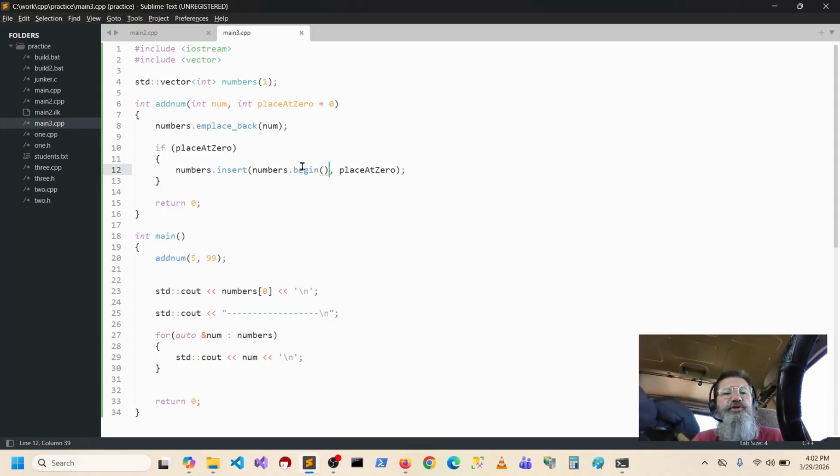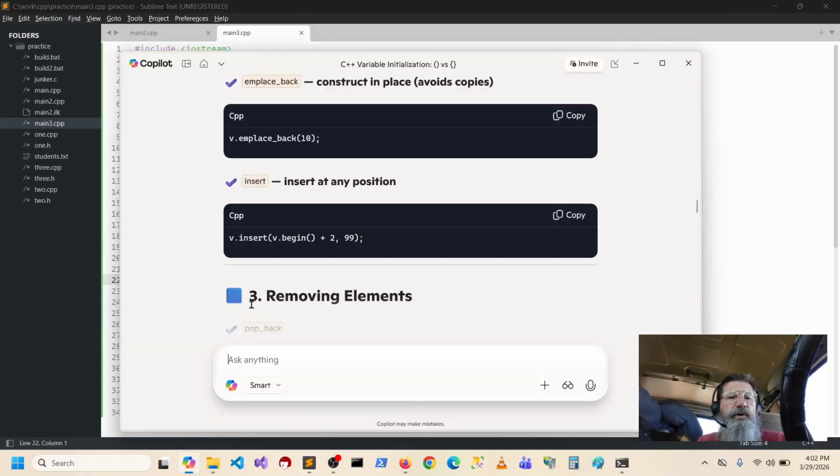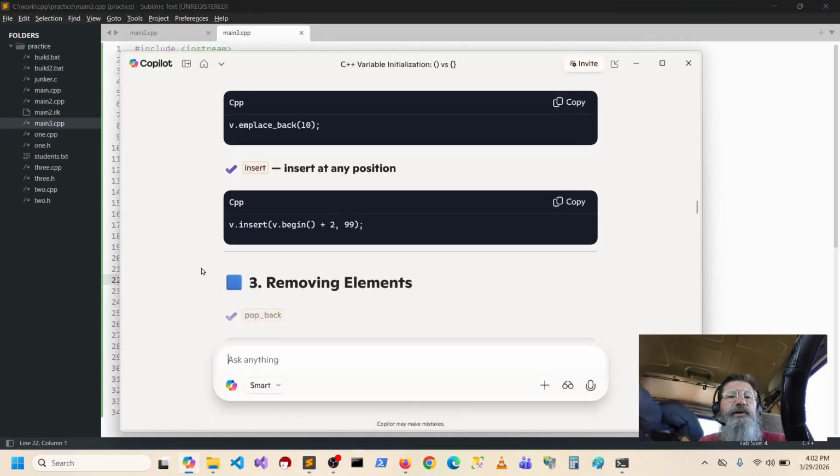To me, the insert should be, well, maybe there's a replace. I shouldn't say that. Insert, I would have called it push front, not insert. But I can see it making a little sense. I don't think it's as good as push front, but okay, let's look for, is there a replacing or something like that?